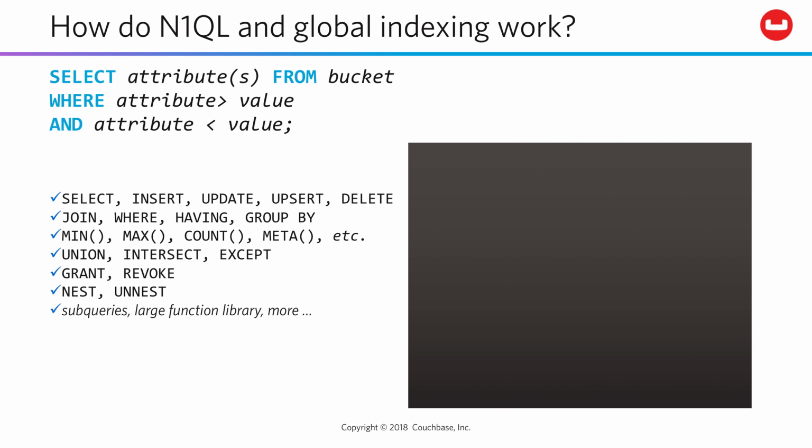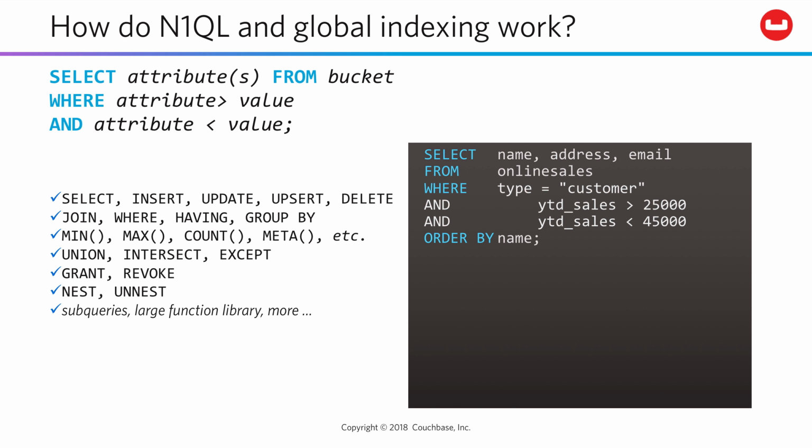You have all the filtering power you expect from SQL, along with aggregations, functions, subqueries, and more, as well as new behaviors specific to JSON, such as nesting and unnesting multidimensional fields within documents. A query might look like this. Give me 3 specific fields from my customer documents where year-to-date sales are filtered within a range, and then order